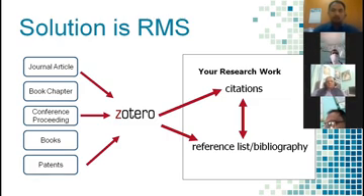Now what we are supposed to do is, suppose there is a journal article, book chapter, conference proceeding, everything. What you will do is extract the metadata into Zotero, or there is an option to manually enter it. Suppose you look at a book published sometime back in 1940, that book is not available online anywhere. So you are supposed to enter it manually.